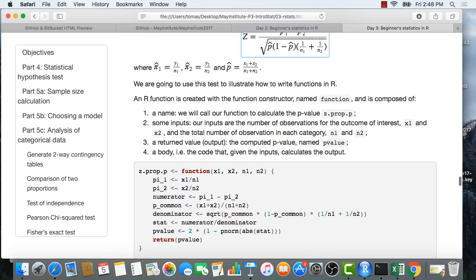So here I make a function named g proportional p, and this specific function needs four inputs: x1, x2, n1 and n2. Why? Because I want to calculate the proportions. Proportion p1 equals x1 divided by n1, and p2 is calculated by x2 divided by n2. So if you have these four numbers,